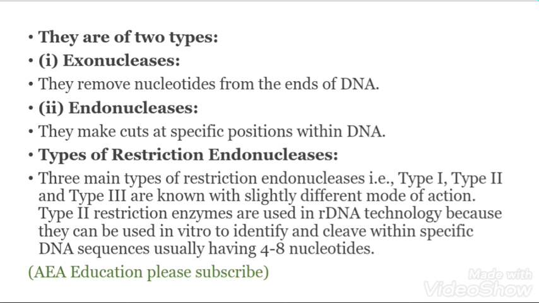From this we know that there are type 1, type 2 and type 3 restriction enzymes. Among these, type 2 enzymes are very important, and they cut the DNA at a sequence usually 4 to 8 nucleotides long. A nucleotide means a nitrogen base, a sugar molecule and a phosphate. DNA is composed of nucleotides. So, a 4 to 8 nucleotide sequence.